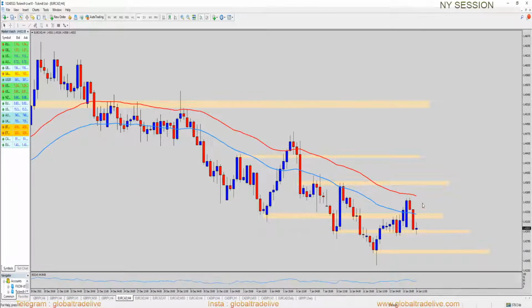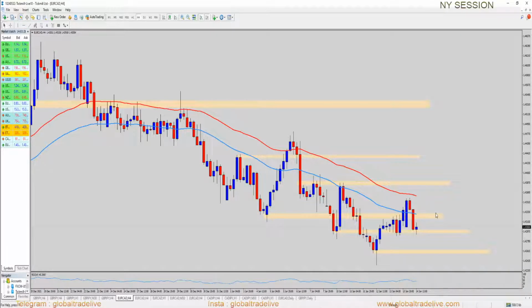So if we talk about EuroCAD, yesterday the market went up from this area, and now it came all the way down by rejecting these areas over here, right? So let me just remove all. Okay, so this is a low, market went up, retracing back, went up, retracement is there, maybe trying to move up again.